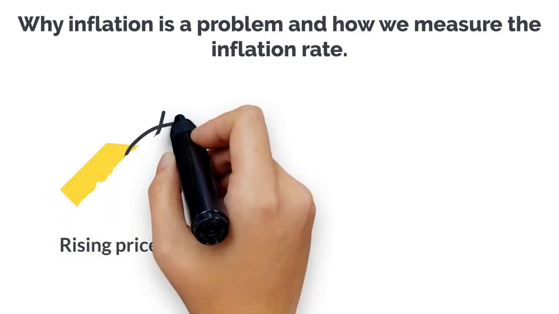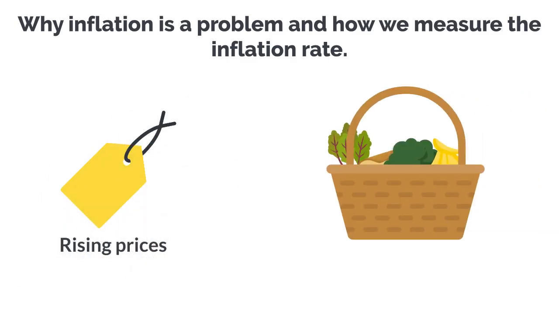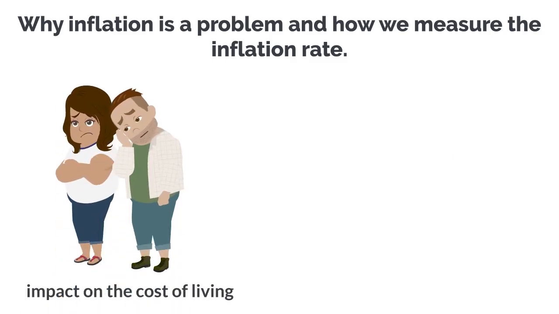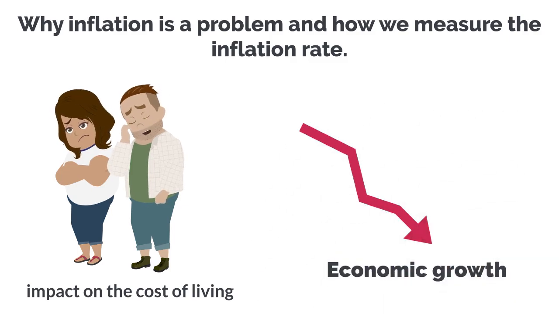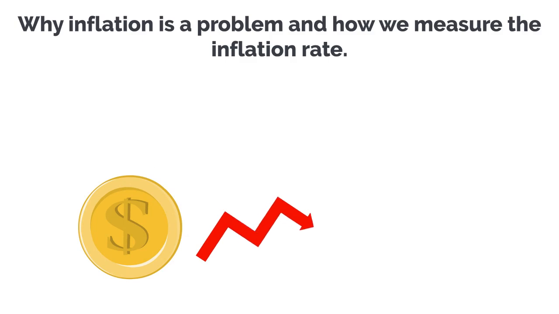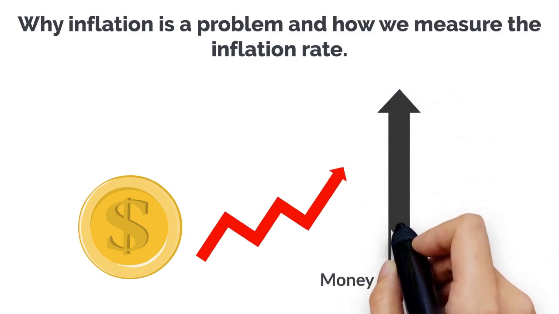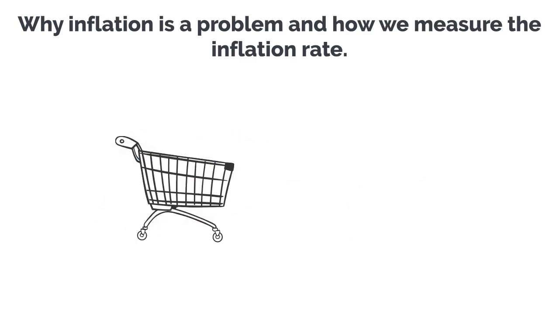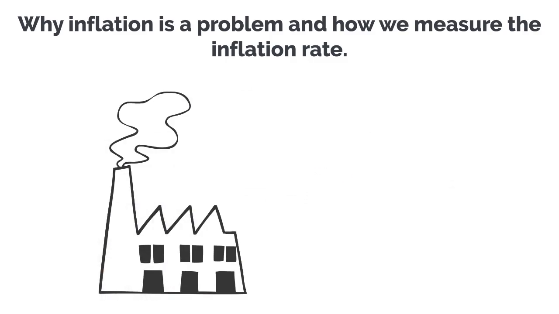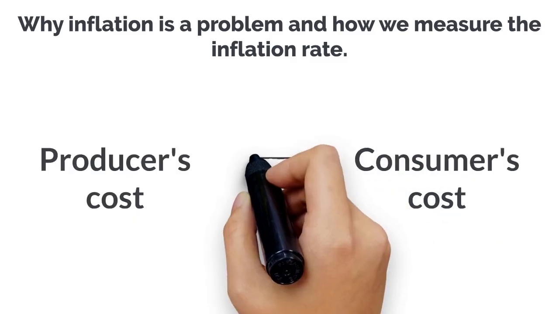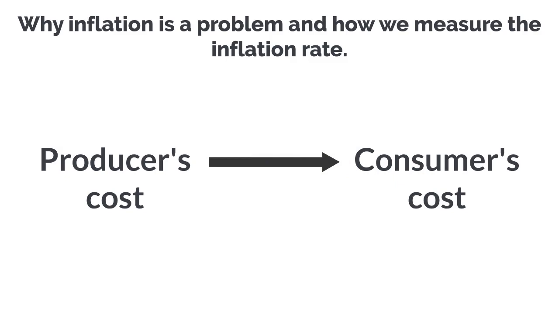When prices rise faster than raises in income, one unit of money buys fewer goods and services. This loss of purchasing power impacts the cost of living for the common public, which ultimately leads to a deceleration in economic growth. The consensus view among economists is that sustained inflation occurs when a nation's money supply growth outpaces economic growth. The Consumer Price Index, CPI, measures the change in the cost of goods from the same time the year before. The Producer Price Index is the change in cost for producers to produce the same goods a year before. If the cost to the producer goes up, so will the cost to the consumer.